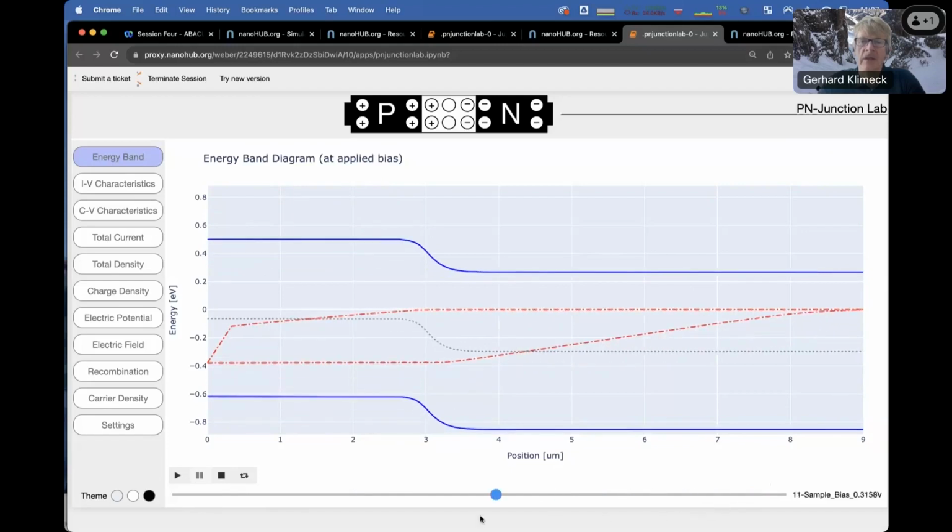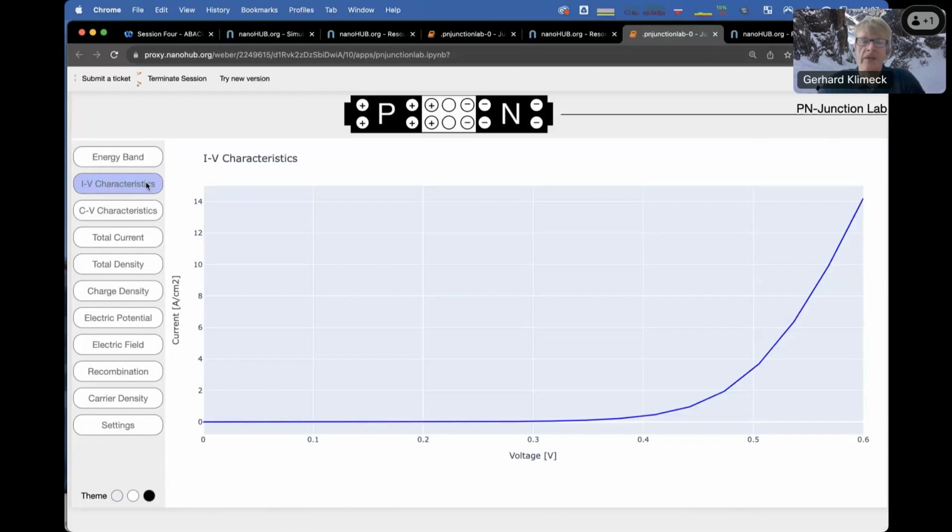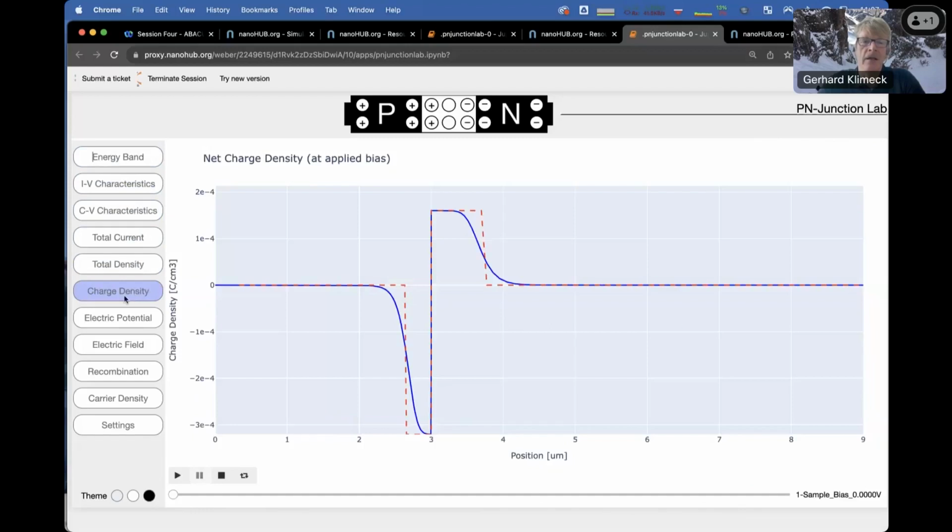And you can really see, as you apply a positive bias, how you lower the barrier. The resulting IV looks like this. There's a CV characteristic you can look at. What's quite interesting is also to just look at the charge density here in this default example,